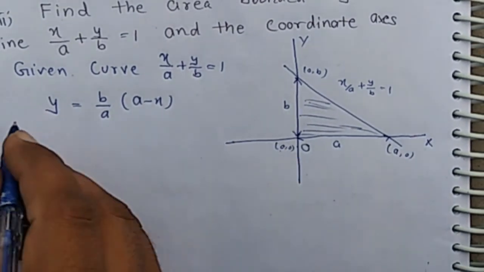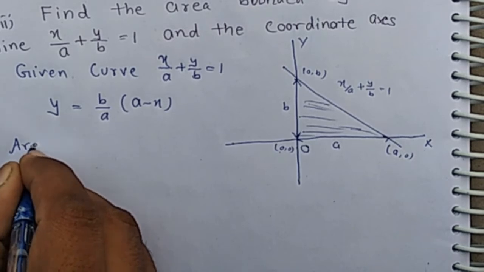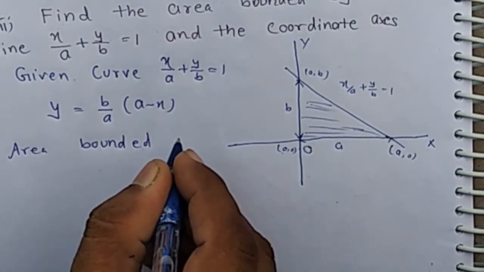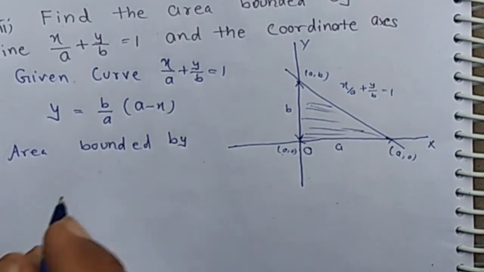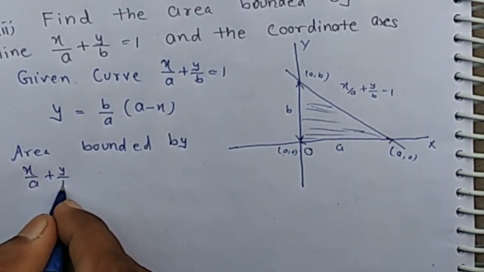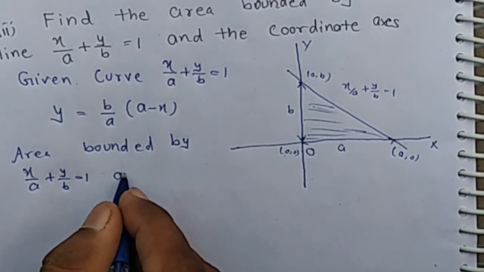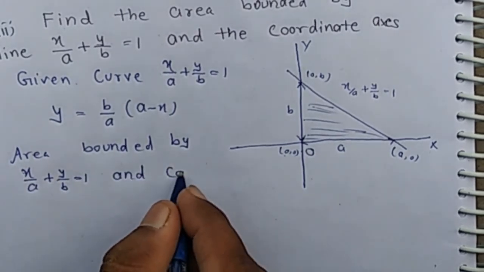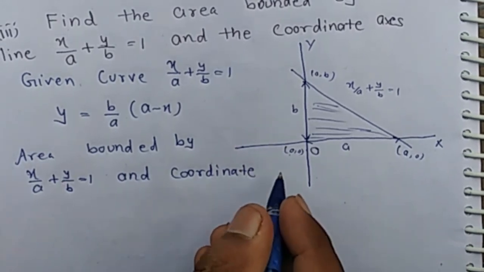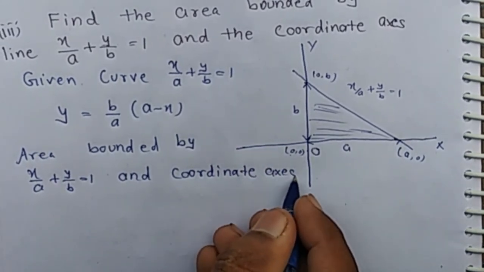Now the area bounded by x by a plus y by b equal 1 and the coordinate axes is